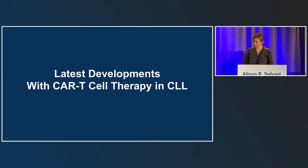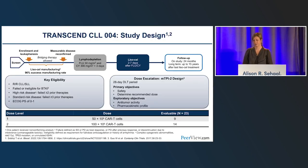So while we don't have any FDA approvals in CLL, we do now have published data on some clinical trials that have been done in CLL that I think are very promising, specifically the data from the Transcendence Study. So this is a trial that is similar to others that we've seen. Patients with relapsed refractory CLL were enrolled, and the eligibility, it's worth noting that they had failed or were ineligible for BTK inhibitors. For patients that had high-risk disease, complex karyotypes or TP53 mutations,